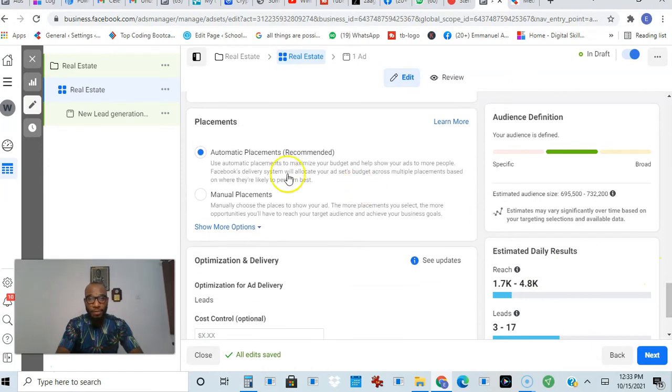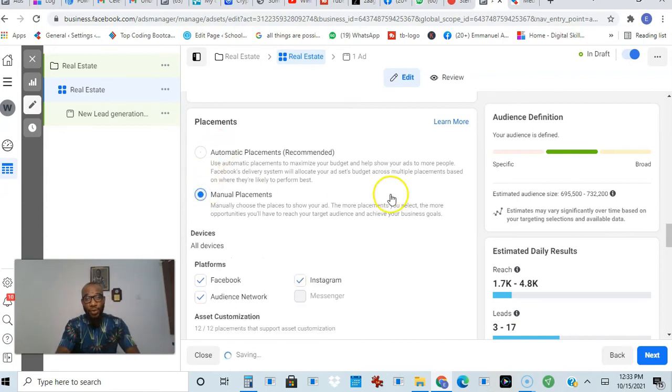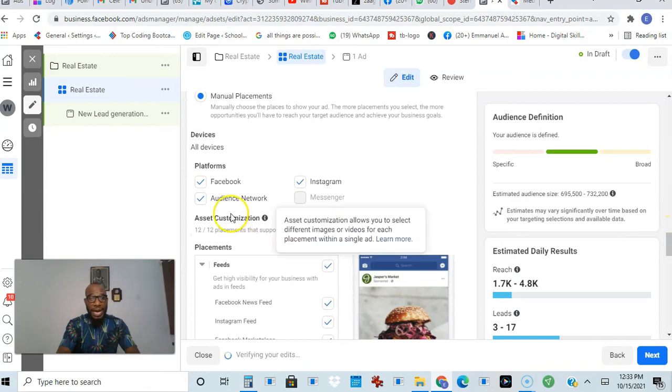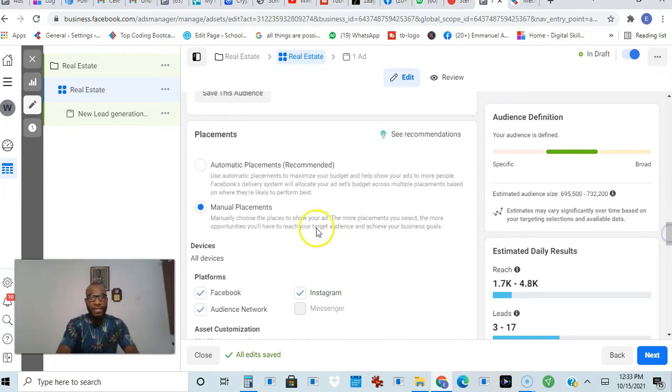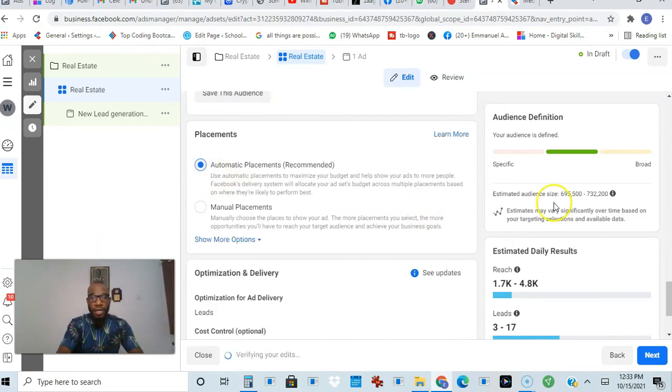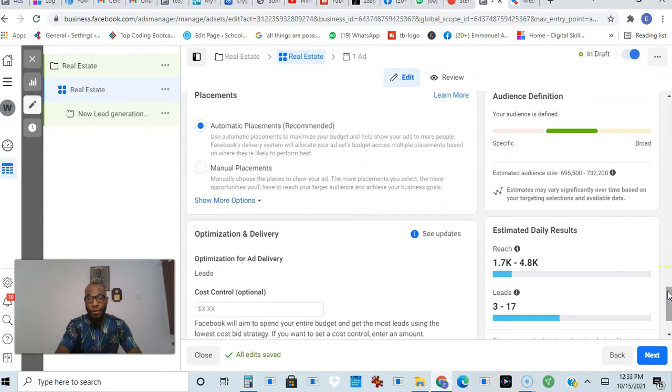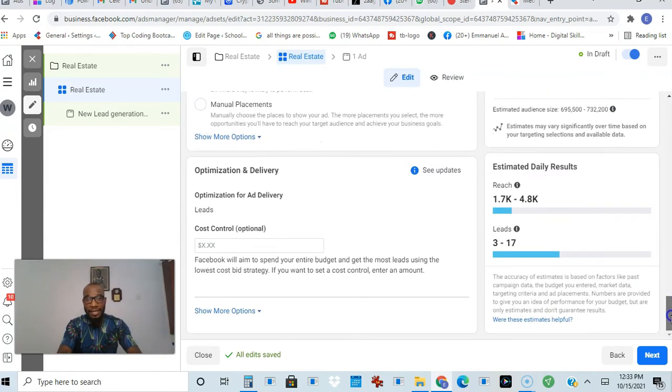Then the next thing we go to placement. So under placement, like you know, if you have watched other videos on Facebook ads, placement allows you to show your ad to a particular place. Let's say we don't want automatic placement, we want to do manual placement. Then we can decide and say, oh, Facebook, show my ad to only people on Facebook, show it to only people on Instagram, show it to only people on Audience Network, or Messenger, as the case may be. But for the purpose of this ad, I'm going to leave it at automatic. Let Facebook show it to all the platforms so that we can get as much view, because we're actually trying to get people who are interested in our business. We're trying to get leads. All right? So leave it at automatic placement,